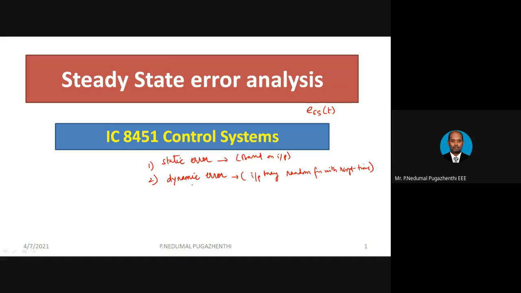But dynamic error, as the name suggests, shows how the error changes with respect to time. The advantage is that it does not depend upon what type of input it is, whereas static error depends upon the input. And we have already discussed the standard test signals available, which are the inputs normally chosen.